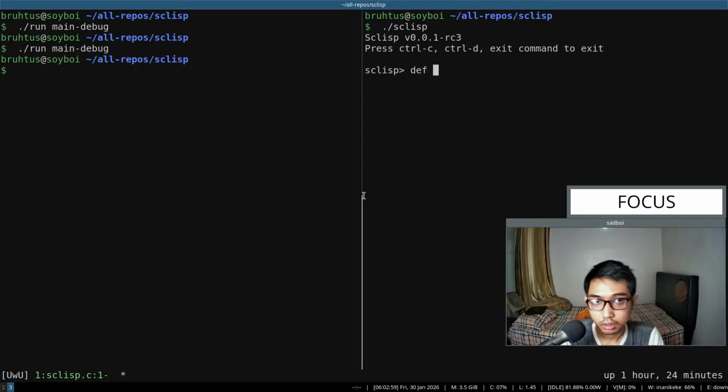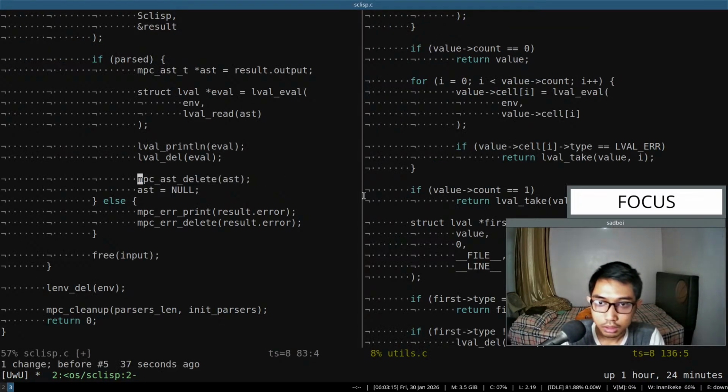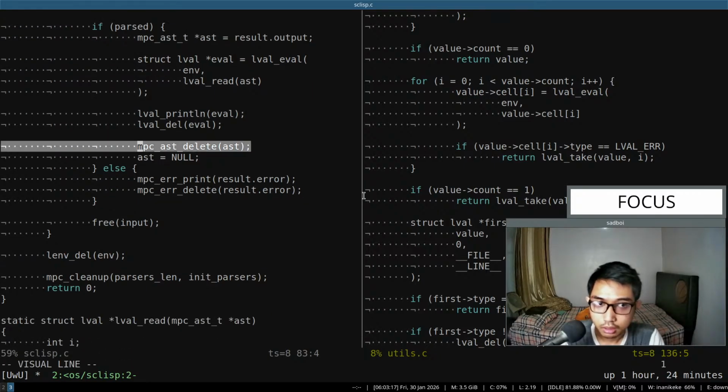Now let me check. 69 AP. Okay, it works fine if we didn't delete the abstract syntax tree,